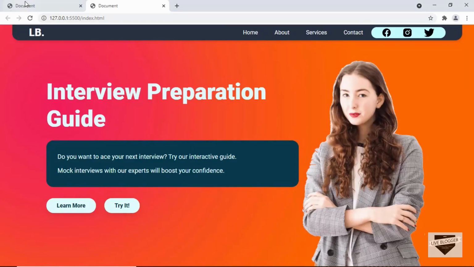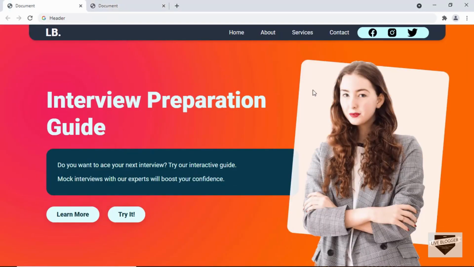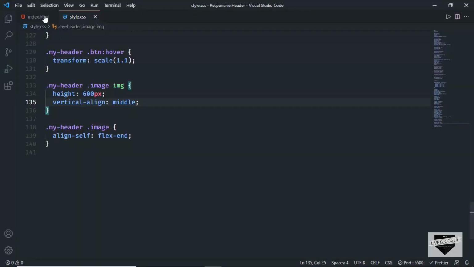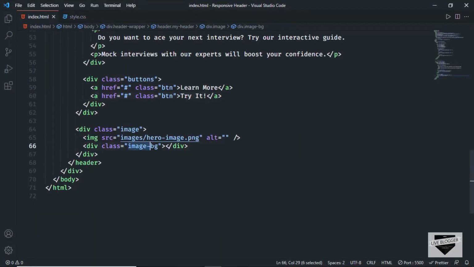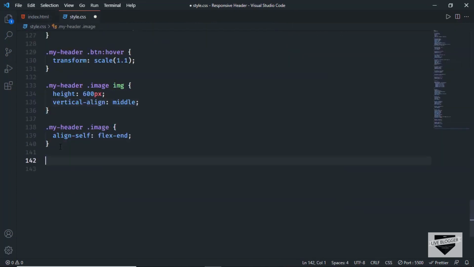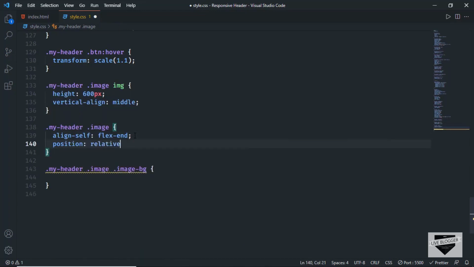Now the last thing we need to do is add this background shape over here. So for that we have this division with the class of image bg, and let's style that in our CSS. So here we'll just type my header image bg. Now we have to set the position of this image BG relative to the image division. So here for the image division we'll set the position to relative, and here in the image BG we will